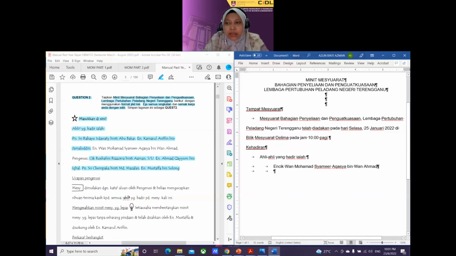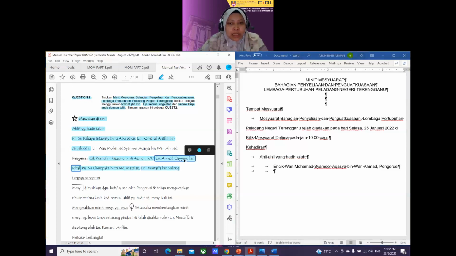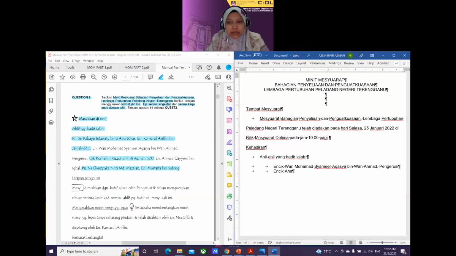Saya tertinggal. Saya nak tolak 5 markah ni. Pengerusi. Okay. Saya tak tahulah kalau cara orang lain. Kalau saya, kadang tu, saya suka type nama pengerusi dengan nama sekretari dulu. Sebab apa? Saya tahu dekat tengah-tengah tu baru nak susun. Okay. Ada setengah orang tak boleh nak susun alphabetical order. Tak ada masalah. Okay. So, sekarang kita akan pergi kepada alphabetical order. Okay. Yang kedua adalah Encik Qayyum bin Iqbal. Okay. Encik Ahmad Qayyum